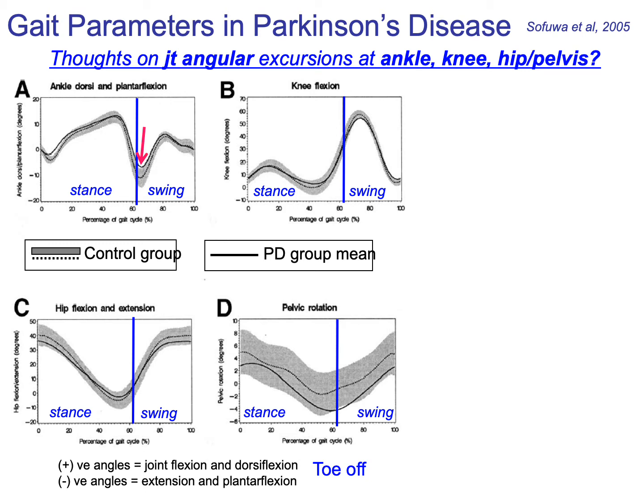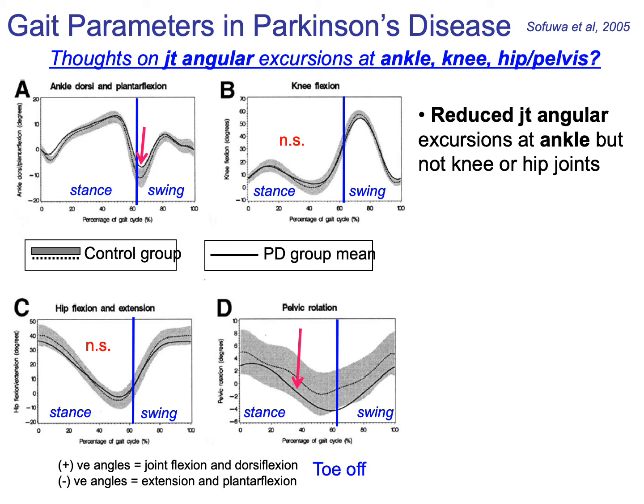Okay, first off, what do you see in the data? Well, first off, I see that the PD group has a reduction in that ankle dorsiflexion component right here. You also see no significant differences at the knee, so the solid line is well within the gray bounds of the plus minus standard deviation of the control group. Similar finding for the hip flexion extension. There is a slight reduction in the pelvis rotation, and that's more apparent here just as they're moving from stance